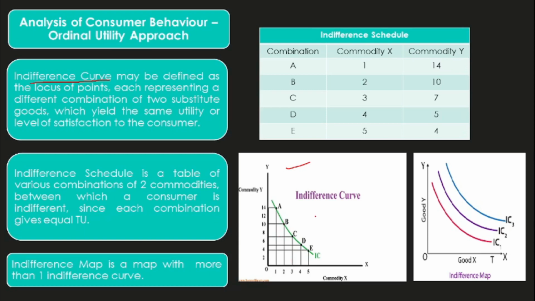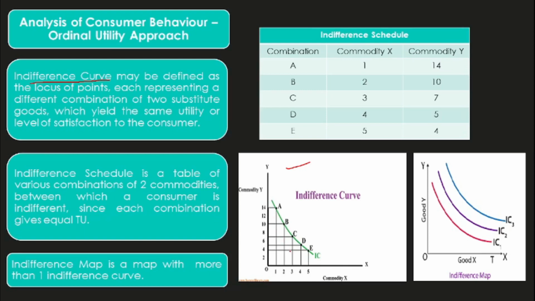So the indifference curve is simply the depiction of the indifference schedule, which is the table given here. When we depict the indifference schedule on a map, we get the indifference curve. So the indifference curve is the locus